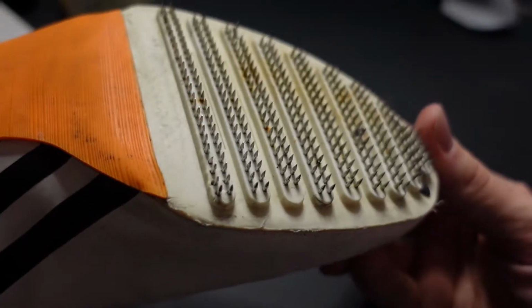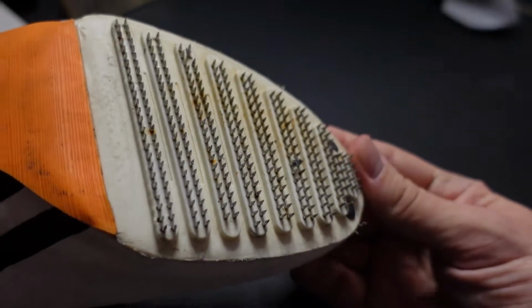So this is what we call the ice spike. It functions in much the same way as your athletic spikes would, the main difference being the actual spikes themselves. So here we have 250 tiny little metal spikes, instead of your usual 7 that you might get on a track spike. Now, the benefit to that is that it spreads the load out. It also doesn't chew the ice up as much, but it allows you to get much more grip, because